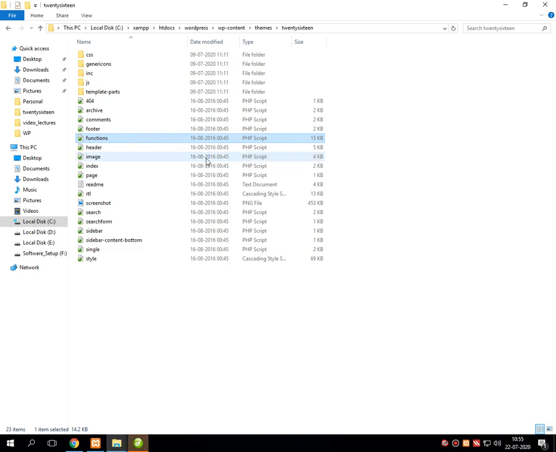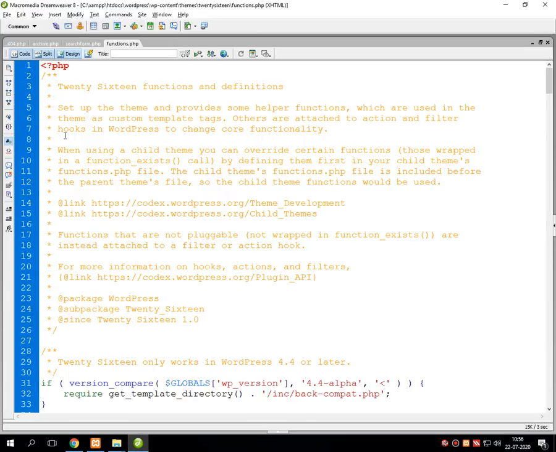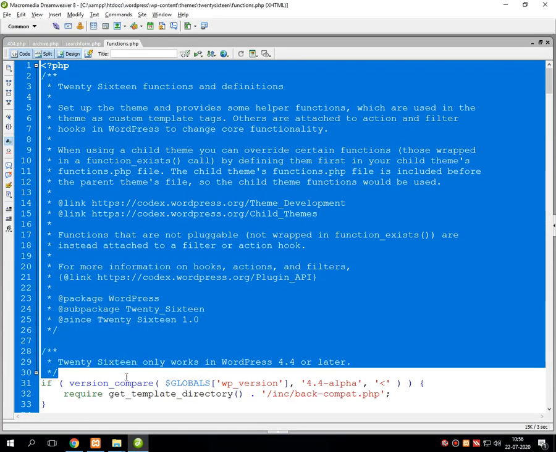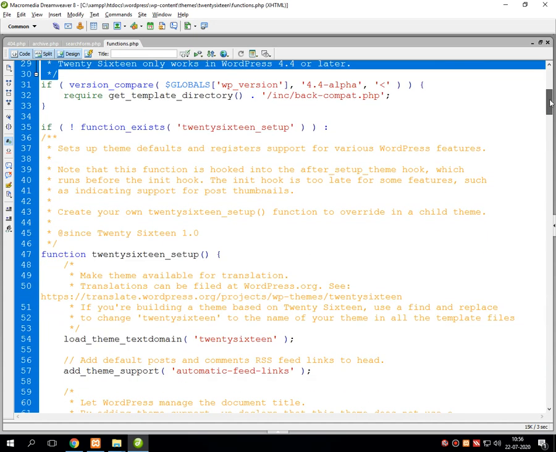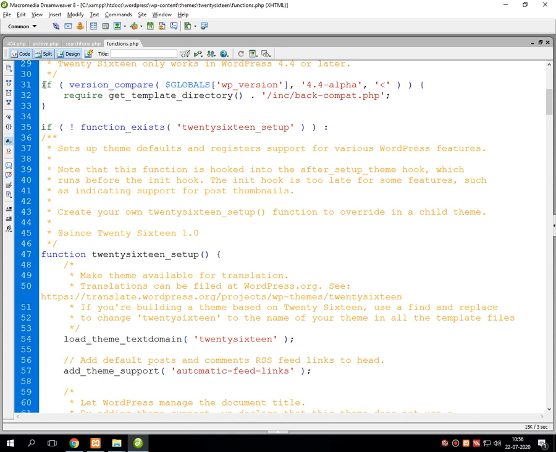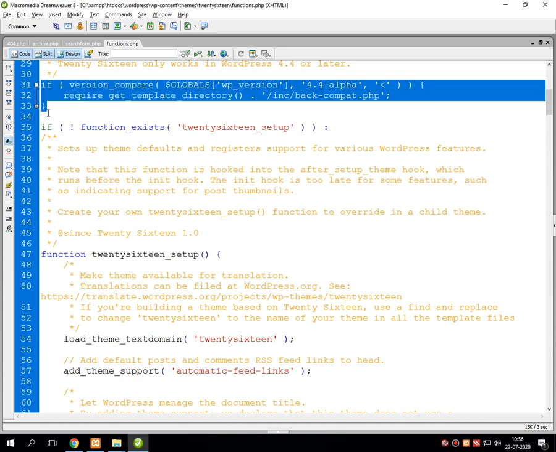functions.php. So what we have written into functions.php after the comment, there is a checking of version. If you remember, I downloaded the latest theme from wordpress.org and tried to include it in the version of WordPress that we have installed, but unfortunately it did not work due to a version incompatibility issue.